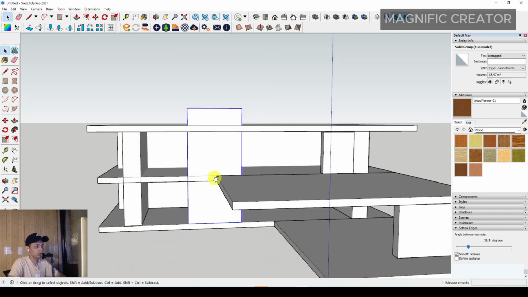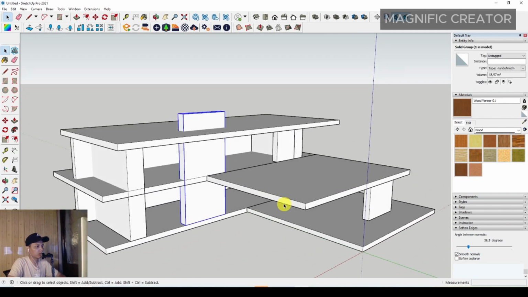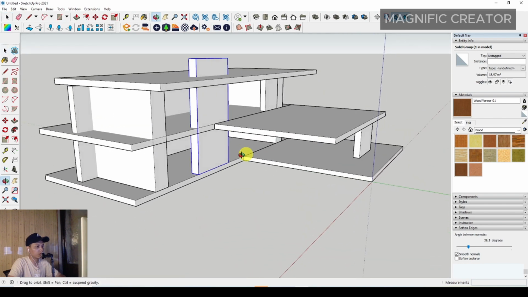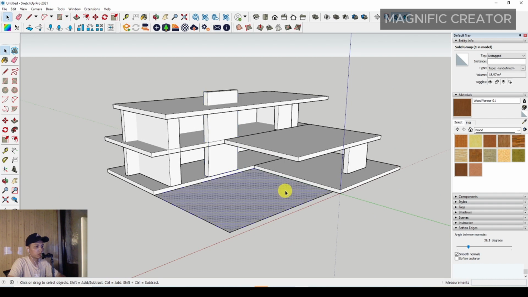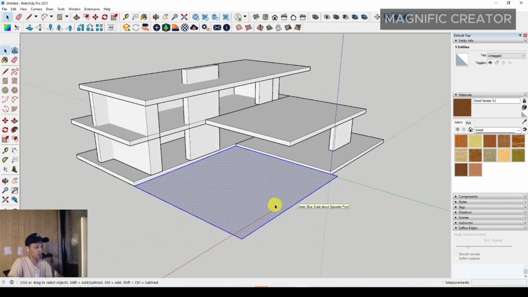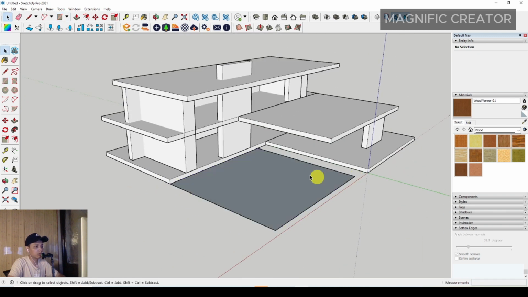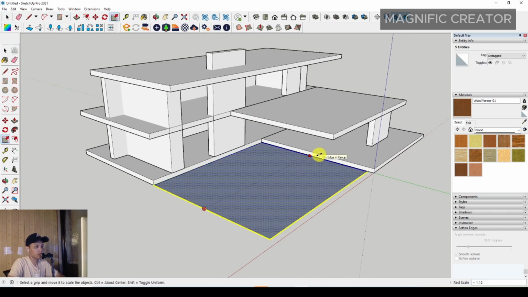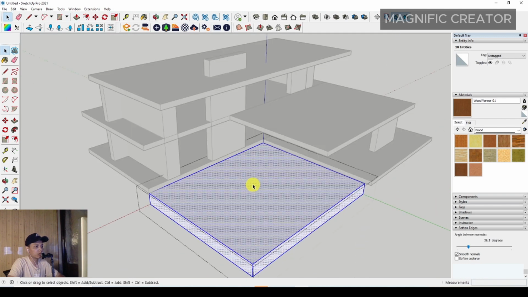You can fill it with a rectangle, something like this. I'm sorry, it's getting complicated. Maybe you can fill it with a rectangle, then push it down, and then make it a group, and